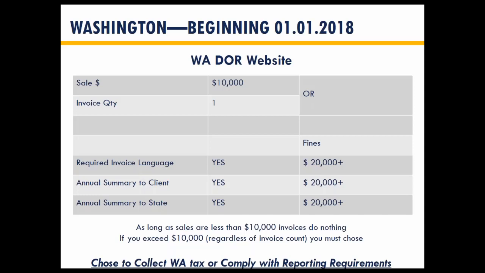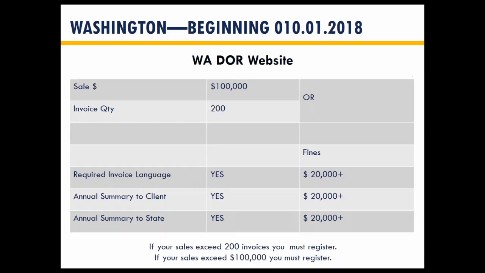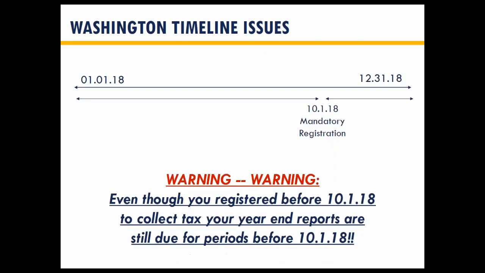If you're in that range of 10,000 to 100,000, you have to choose. And I believe if you're over, then you need to register. Again, it's just easier to register and collect it. Let your computers do the work for you. Now it was 10-1, they did that. $20,000 fines. Just punishment does not fit the crime.